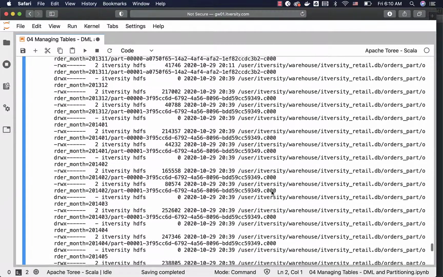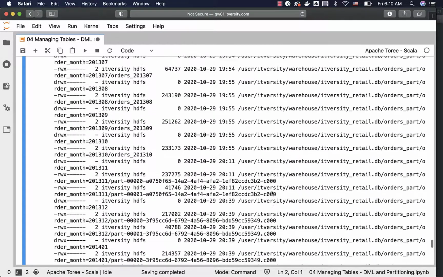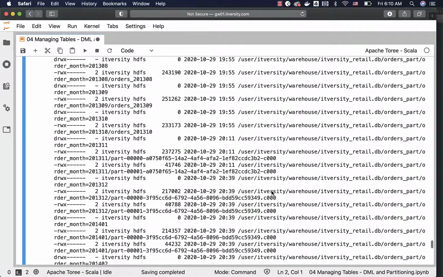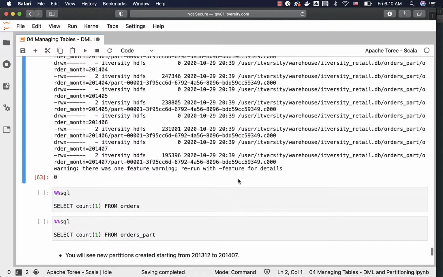Same is the case with the rest of the other partitions starting from 2013 December. Let me review the 2013 December. This is the folder for 2013 December, and this is the file that is added just now when we ran that insert command. This is how you should be able to get the data into the partition table using dynamic partition mode, where the partitions will be created on the fly.